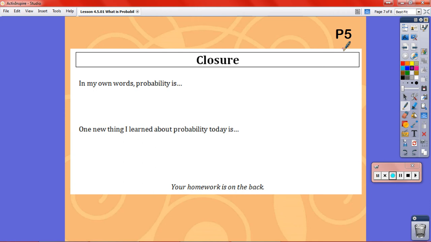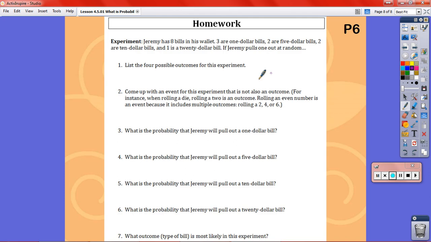That is like our little last bit of review in class before I ask the students to say a little bit about probability in their own words and to write one thing that they learned about probability today that they didn't know before. And then they have their homework,